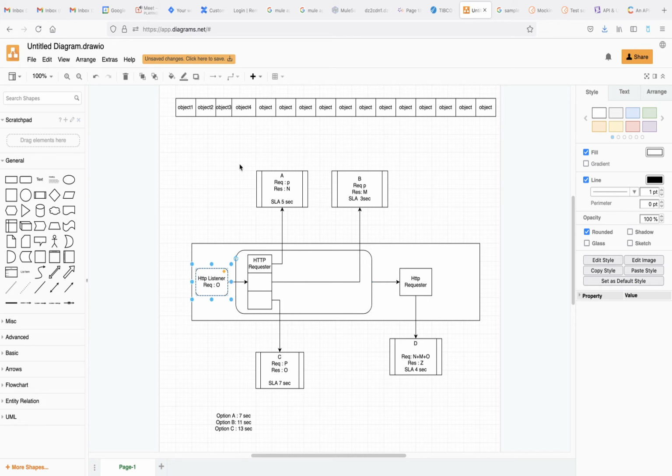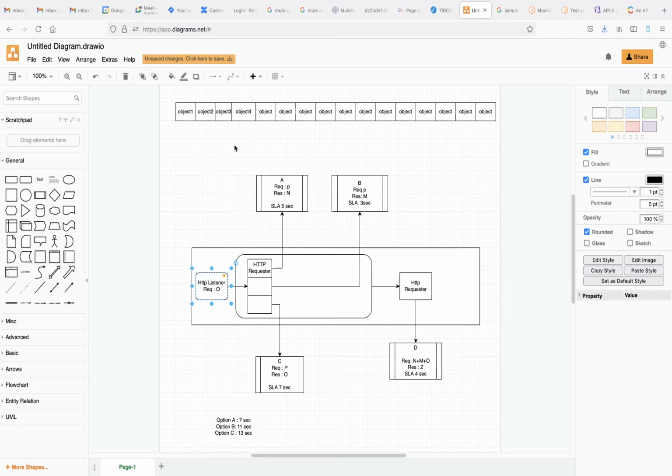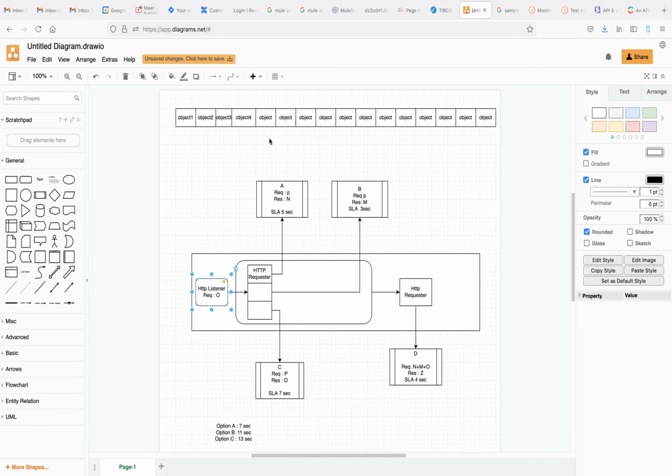Now there may be another scenario where we are getting a huge number of objects, like 1000, 2000 objects. At that time, if we use parallel for each, it will not be very efficient. Parallel for each was a different one, what we discussed the first time.